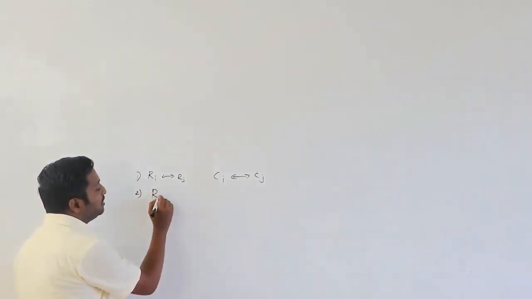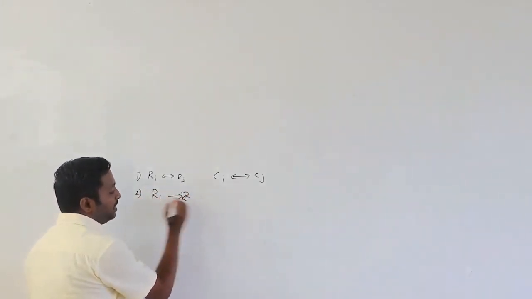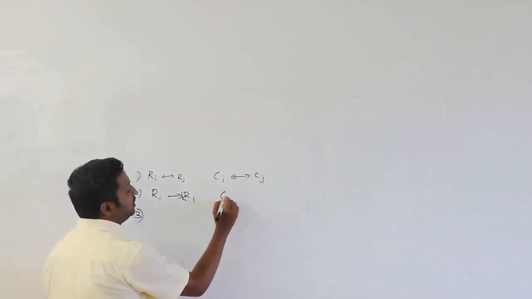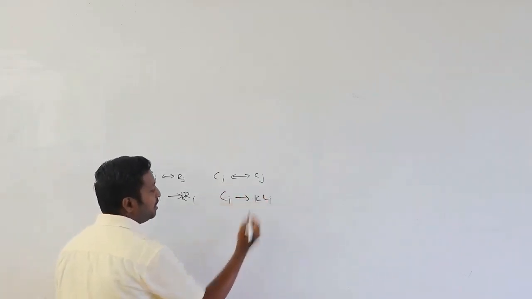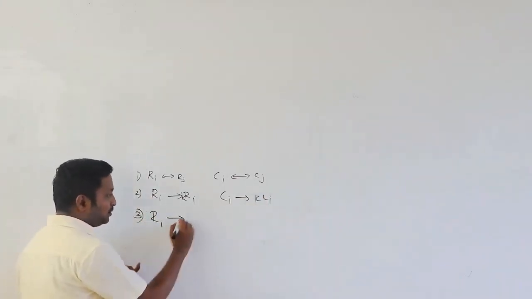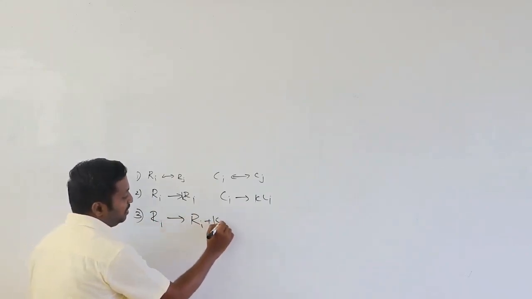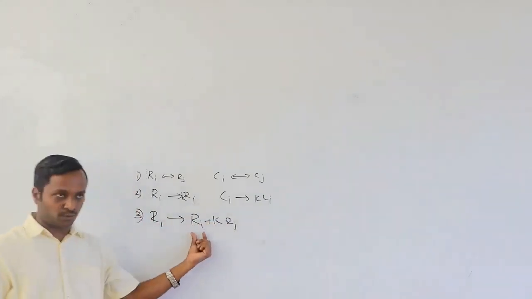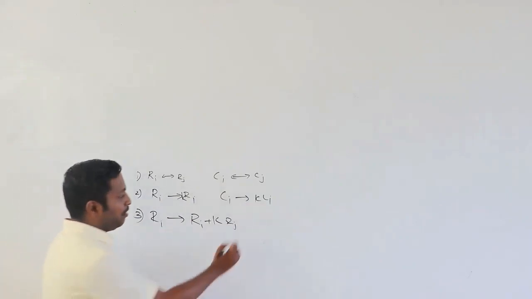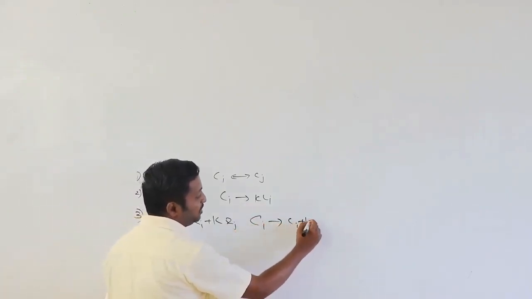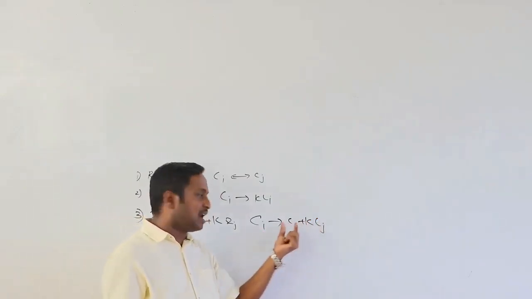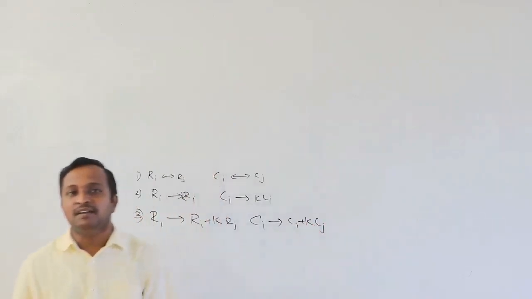The second operation is that any row can be multiplied by a non-zero number k, or Ci is replaced by k Ci. And in the third operation, any row can operate like this: Ri plus k Rj, the addition of the ith row and the jth row which is multiplied by a non-zero number k, or Ci equal to Ci plus k Cj. The ith column and jth column are added, where the jth column is multiplied by a constant